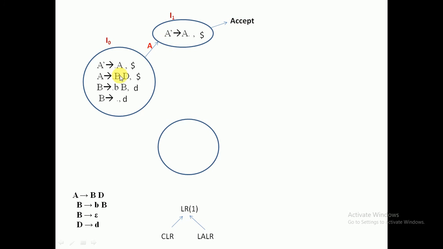Then next, go to the next production, over capital B. Over capital B, where is it moving? Over capital B, you can move to A derives B dot. Now one symbol has been visited. Now what is the lookahead of this production? Dollar. Simply you have to put the dollar as the value.